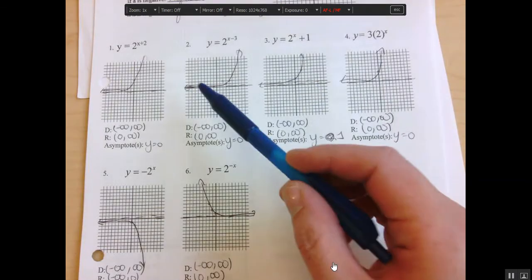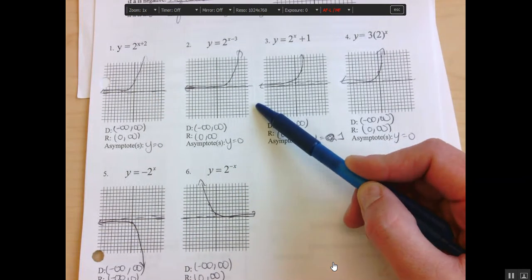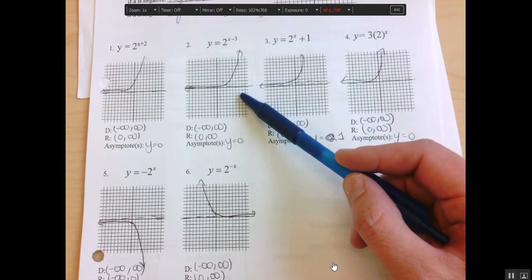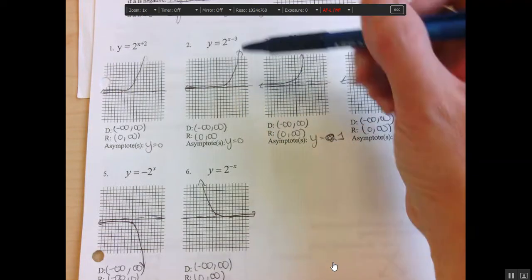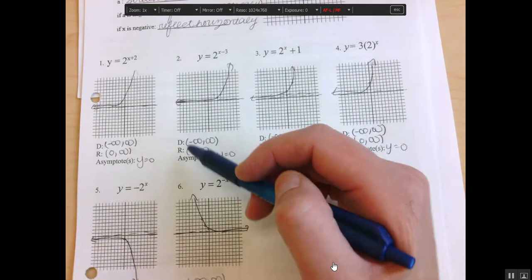Okay, we did this one already. Did we do this one already? No. So this way she shifted which direction? Right 3. So if you're confused about her points, she actually ended up using the last 3 points, 0, 1,